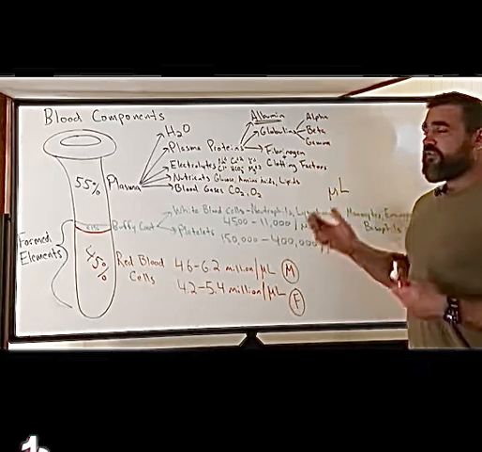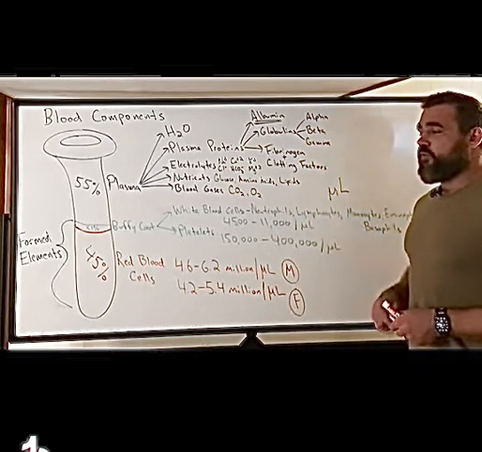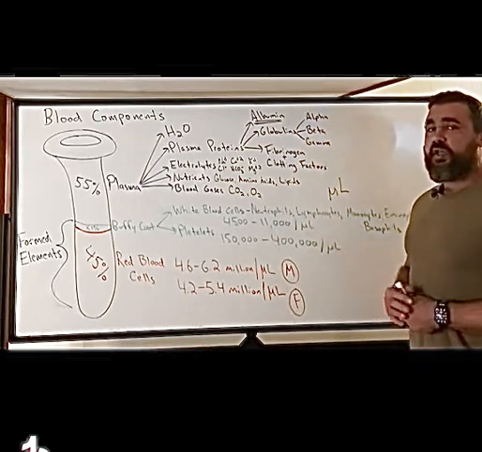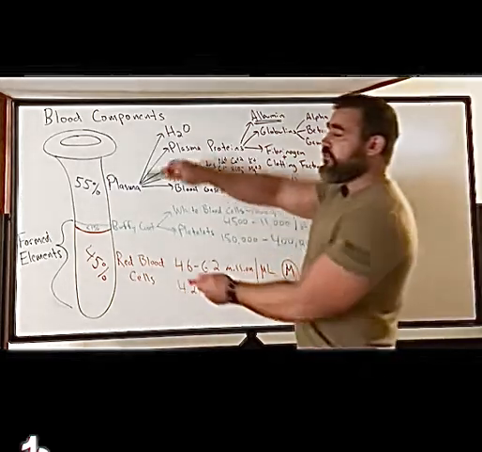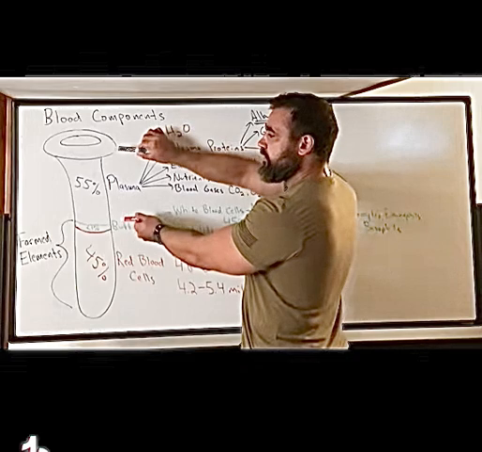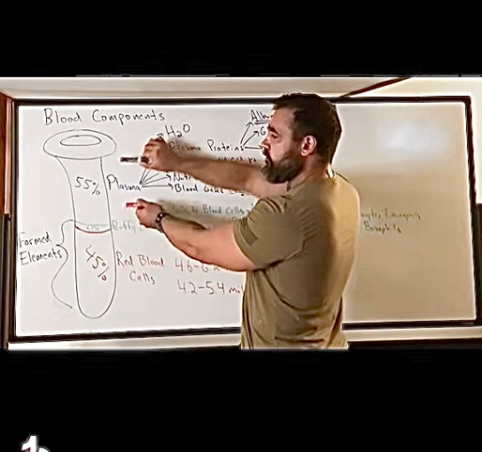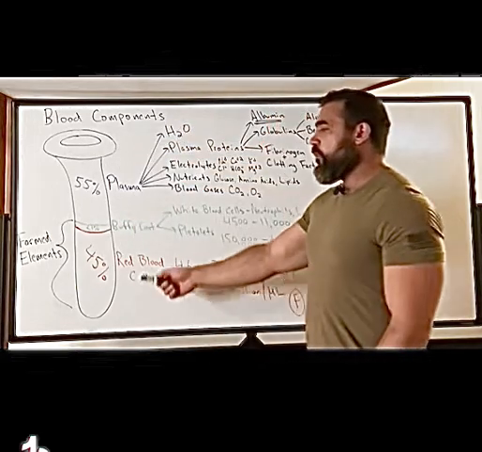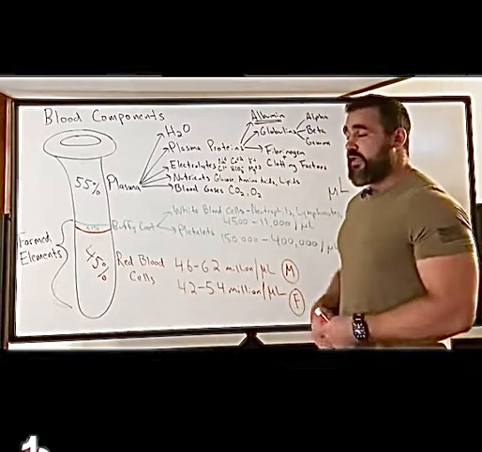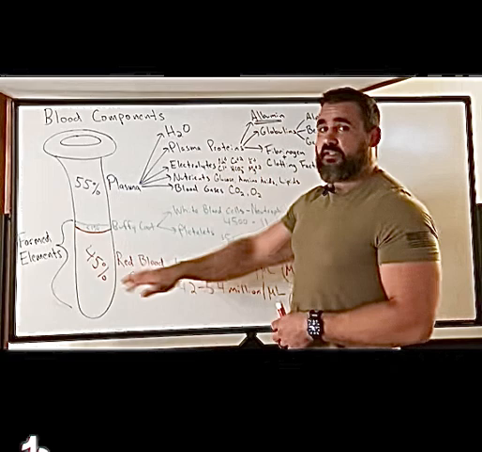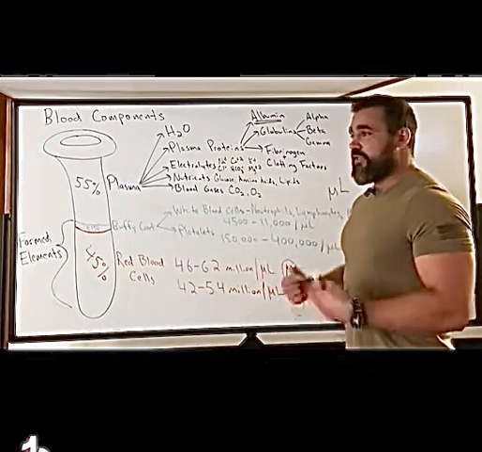Now, can these change? These are very textbook numbers, 55 to 45%. So again, what if your patient's dehydrated? You get something called hemoconcentration. This plasma volume, we lose it, it gets smaller. We're making this restricted. Well, then the percentage of red blood cells would be higher. Do we gain red blood cells? No. But that value we're going to talk about represents something called hematocrit, the percentage of red blood cells